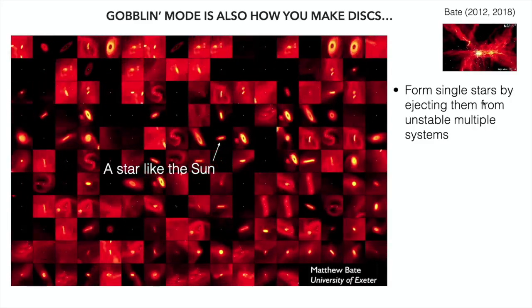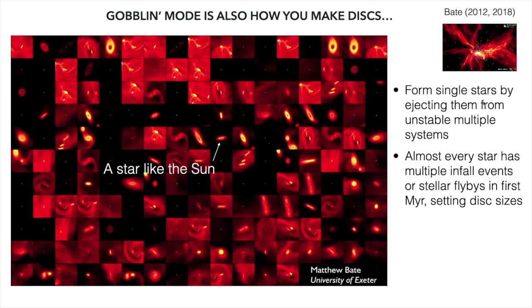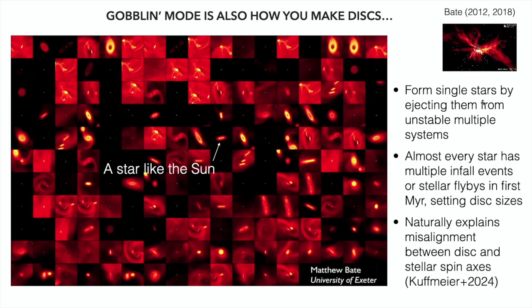So single stars like the sun get ejected, the disk has been truncated by some kind of tidal interactions, and goes on to live its life. Okay, so this is our picture of star formation. And why is the disk of the solar system misaligned to the spin plane? Because you might form your disk 3 times, and the last one you got left with is the one that formed planets, for example.